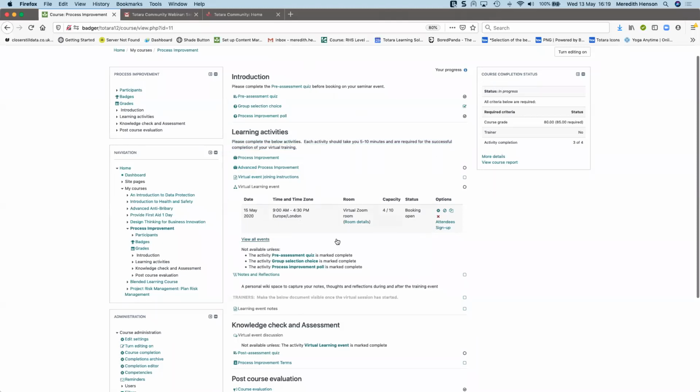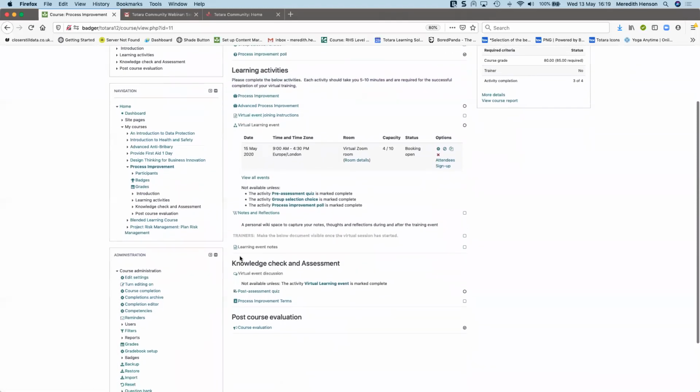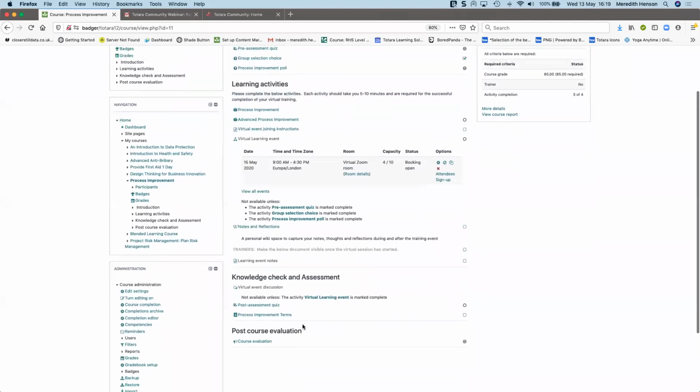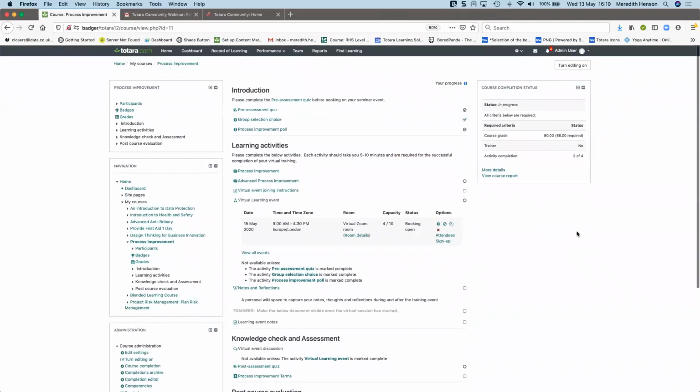The other thing that you might want to do is in advance, create a range of featured links. So you could use the featured links block. I've renamed it here for helpful process improvement links. This is the name of the course and the theme that I've gone with. And if I can configure that in advance and then hide it. So this is hidden, and if I then go to show it, and just for clarity's sake, I'll turn editing off, I've got some links here and some